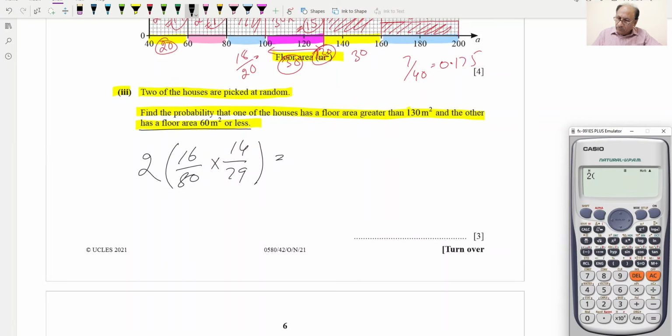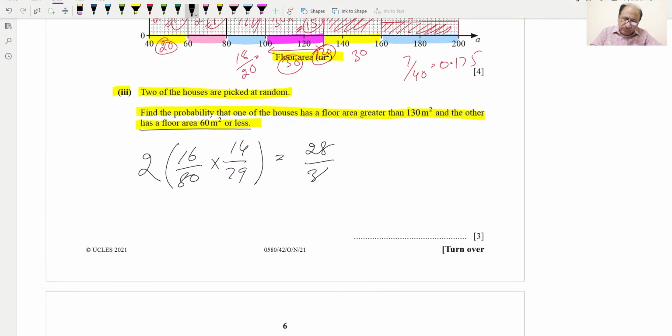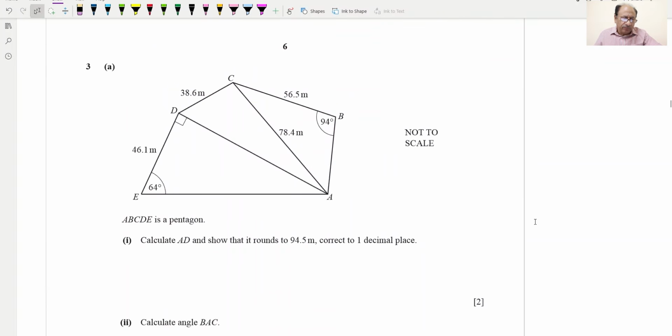2 into 16 over 80, and this will be multiplied by 14 over 79, and bracket is closed, and this is equal to 28 over 395. This will be our final answer for 3 marks. Hopefully you understood this. Now question number 3, and question number 3 says